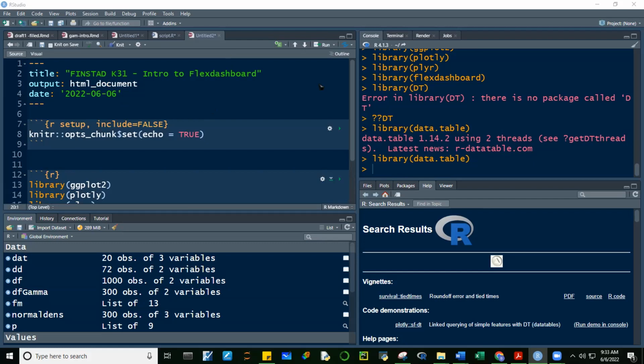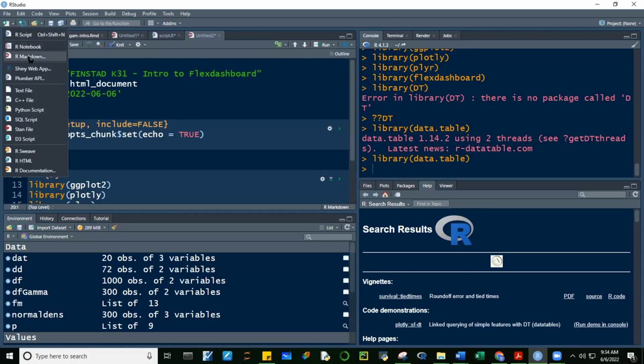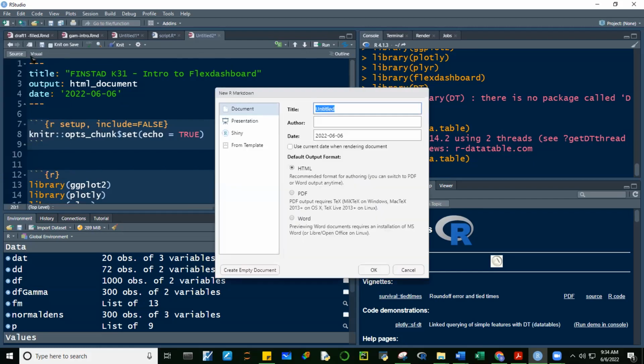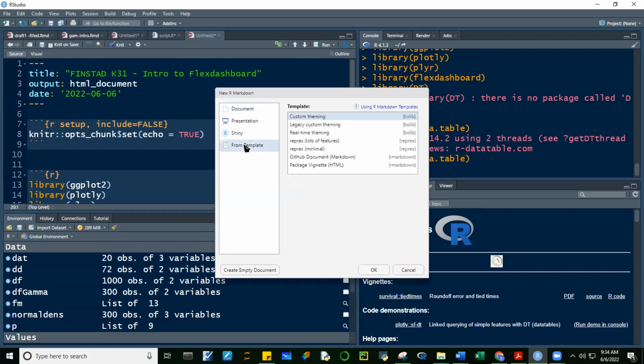Let's create another RMD file, but this time we're going to create a Flex dashboard file. Okay, so let's go here, and then R Markdown. Click this. We're going to create a new R Markdown. However, guys, hindi document ang i-create natin. We're going to use this from template. Okay, if you click this,